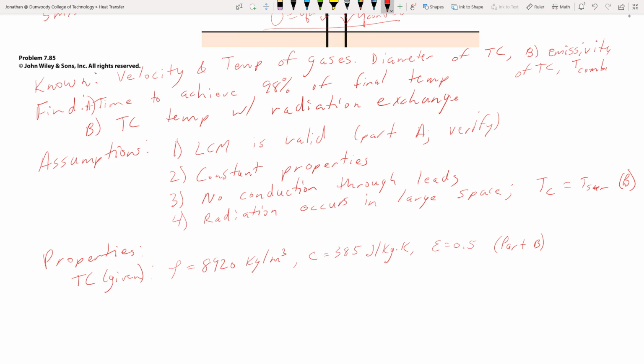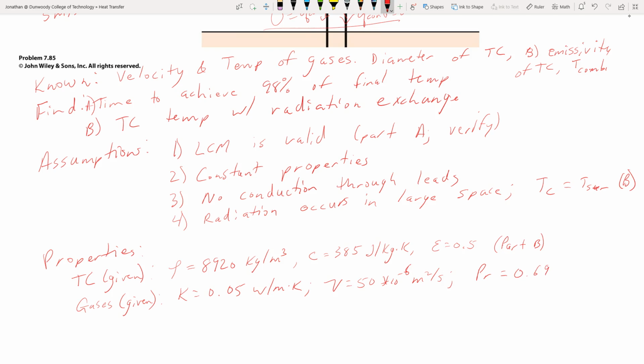We also had the exhaust gas properties given, so we didn't have to look that up at all. What we needed there was k, 0.05 watt per meter Kelvin, and nu, 50 times 10 to the negative 6 meters squared per second. And finally the Prandtl number,